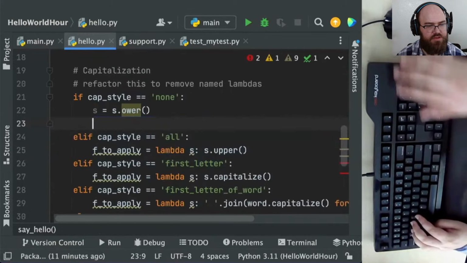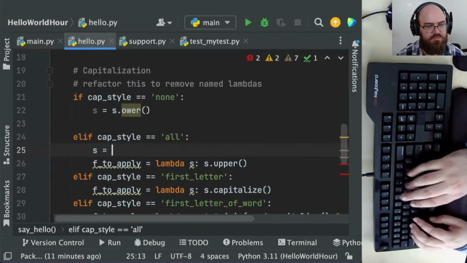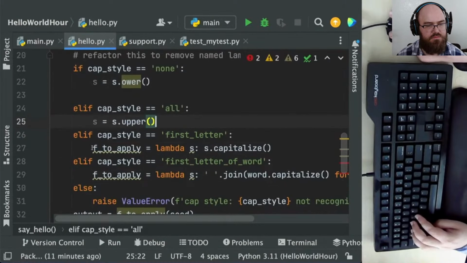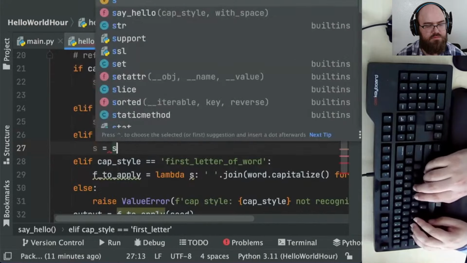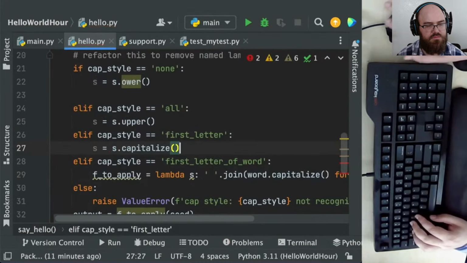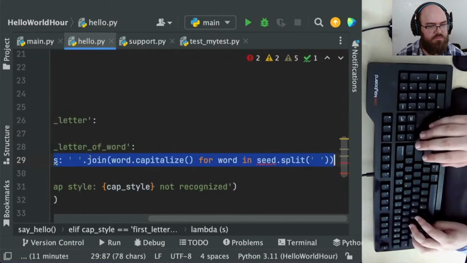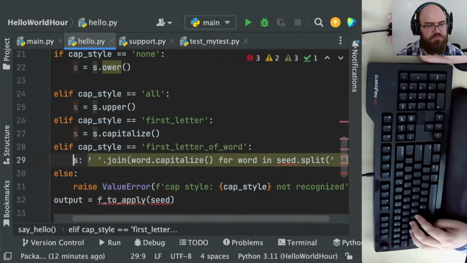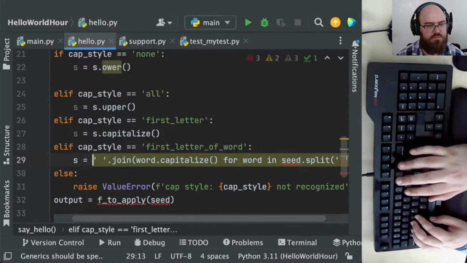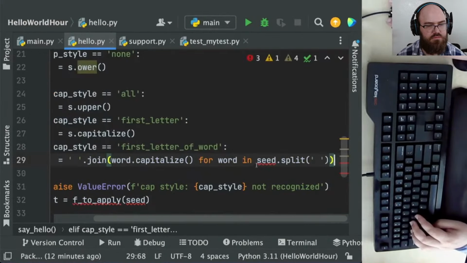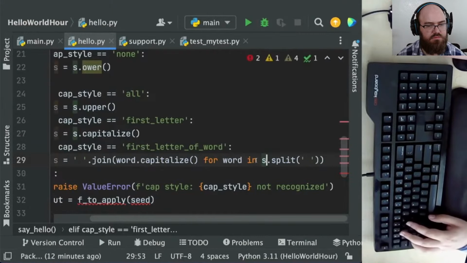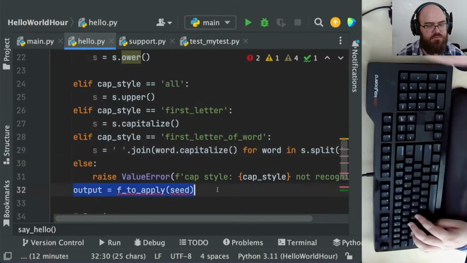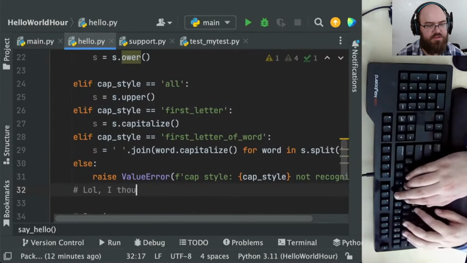Oops, typo on line 22. Now we don't need that output change.